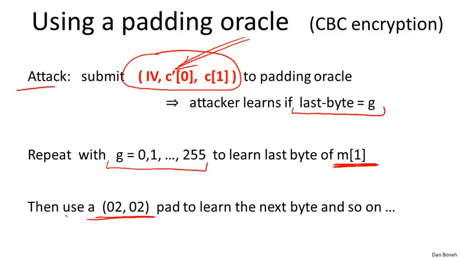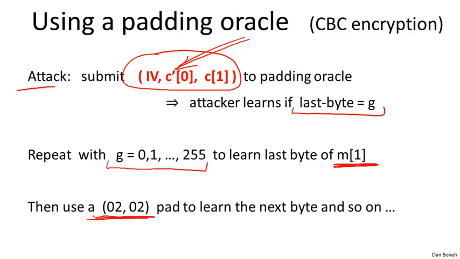That's a well-formed pad. And now we can always make sure, because we know the last byte of M1, when we do our XORing trick, we can always make sure that the last byte of the plaintext is in fact 02. And now we can guess the second to last byte of M2 by simply trying lots of values on G until we find one that makes the pad in fact be 0202. And by issuing 256 additional queries to the padding oracle, we will get to learn the second to last byte